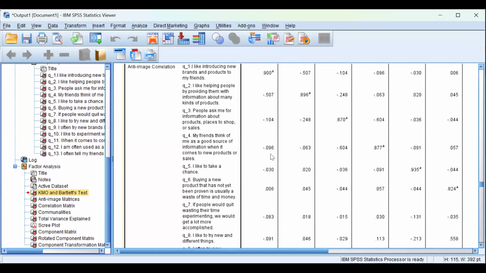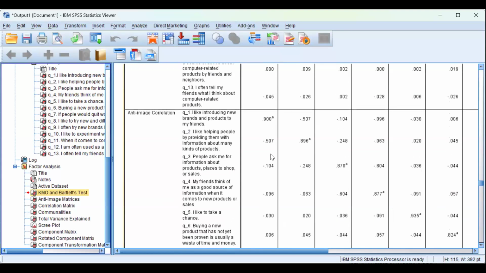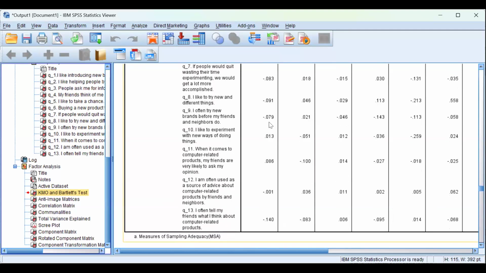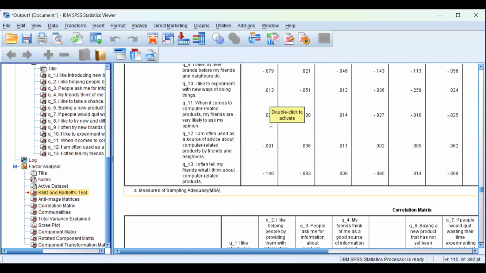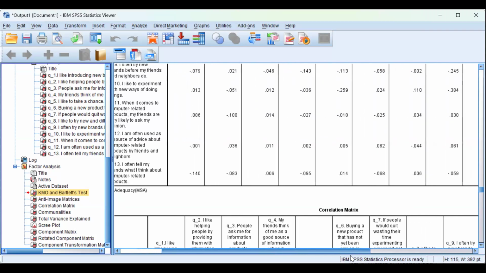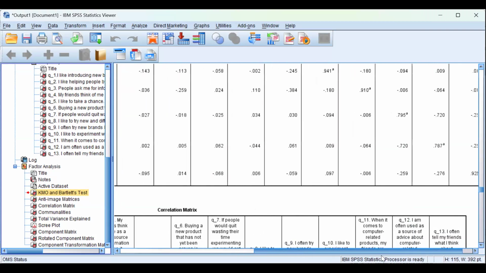So the first thing you need to check is the anti-image correlation, where you check the diagonal values, where the small a is given. If these values are above 0.5, then the sample adequacy is there, right? So then you can move ahead. However, if you find any value which is less than 0.5, you should take note of it here only. Now, if I go here,